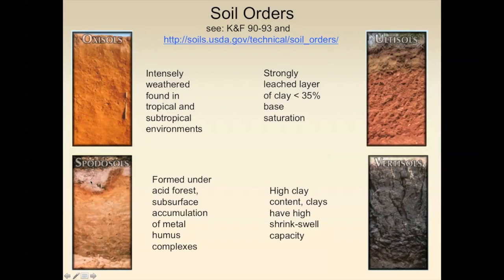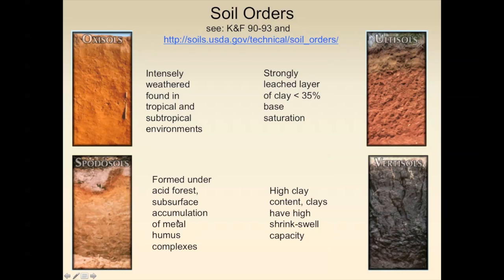You can see that E horizon, and then you'll find that a lot of your metals, your ions, your minerals have leached down into your B horizon and sometimes even your C horizon. And often you might have a very strong deep E horizon, and then after a while, maybe 2 or 3 feet, you'll find this strong layer over here